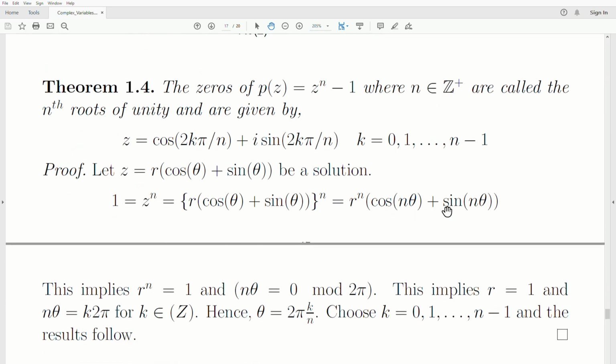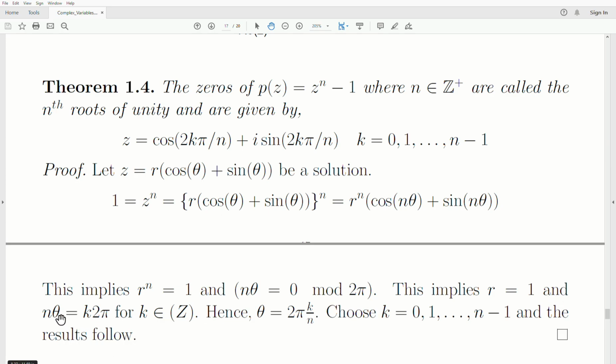But in order for this to be a solution, first of all, we have to have a radius of 1, or a modulus of 1. But then this component has to be 1, and this component has to be 0 in order for this to equal 1. That means cosine of n theta is 1 and sine of n theta is 0. So that says r to the n is 1 and n theta is 0, of course, mod 2 pi. But the only way for this to be 1 is if r is 1,